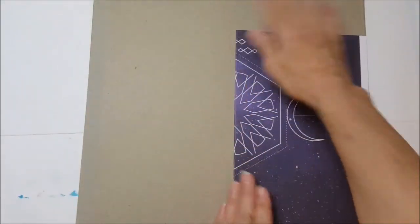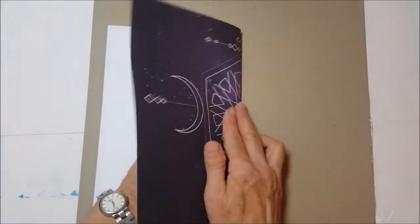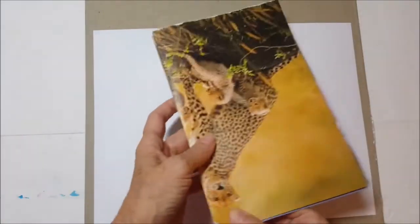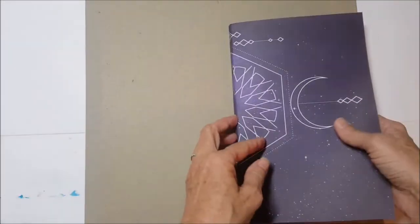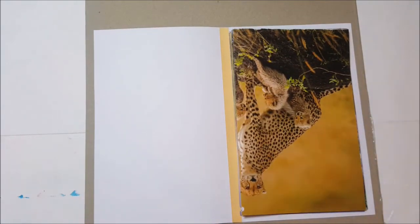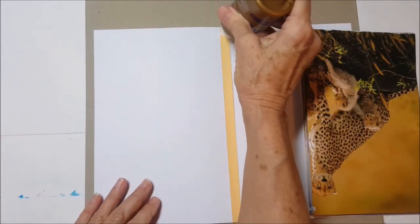Okay, you're scored, you have your spine, looking good. You're scored over here, and there you go. The next thing you want to do, guys, is glue your signature, and we're referring to our calendar pages as a signature, into the spine of your book. Just eyeball it and even it up a bit. I'm going to grab my tacky glue and give this a generous amount of glue